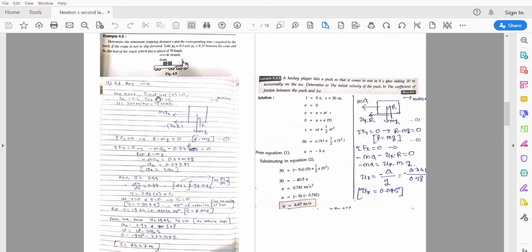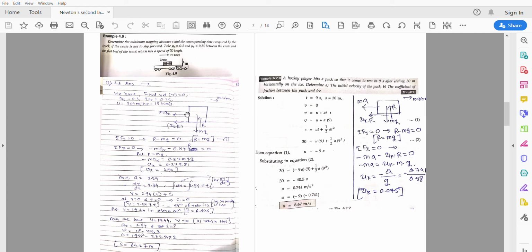The given data is mentioned here. So in the given data, mu s is given, mu k is given, u is given, convert it into meter per second. So free body diagram of crate is shown. So this is the weight acting in downward direction, normal reaction. Now we will assume as if direction of motion is in this direction, rightward direction. Let us assume that direction of motion is in rightward direction.